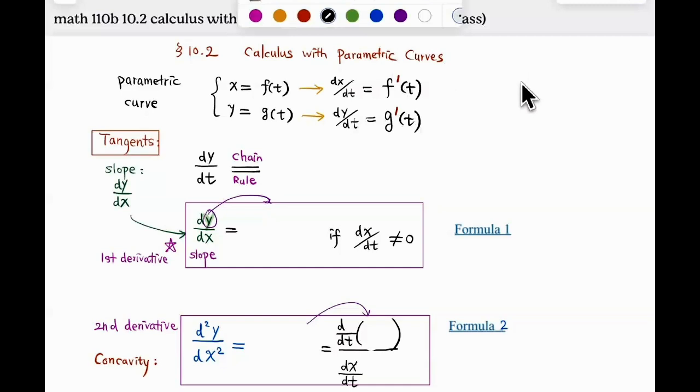Now I'm going to ask you, what's dy/dt? Well, dy/dt by the chain rule. Suppose y is a function of x. So if y is a function of x and x is a function of t, then by the chain rule, dy/dt is equal to what? Equal to the derivative of y with respect to x, which is dy/dx, multiplied by the derivative of x with respect to t, which is